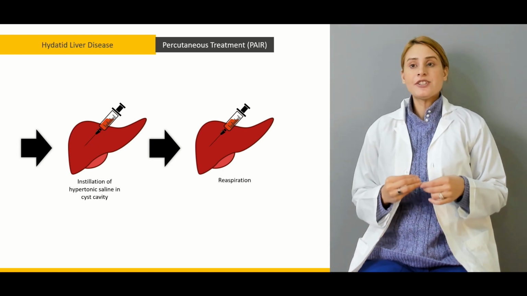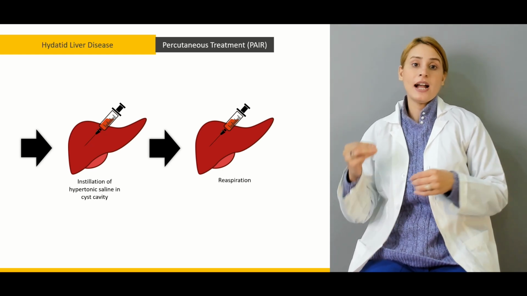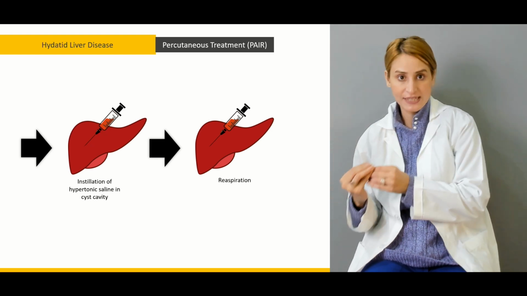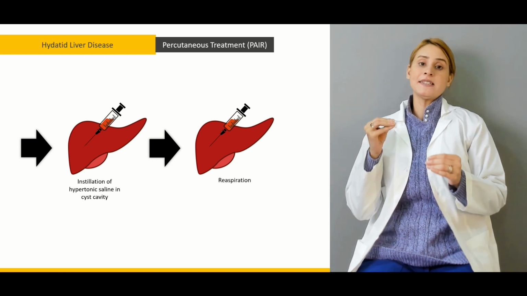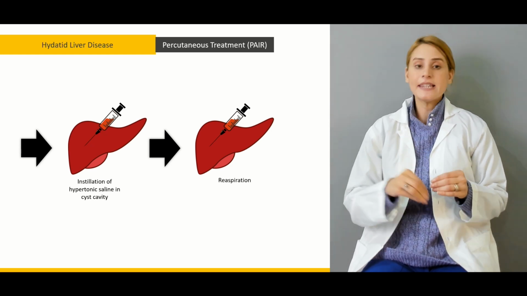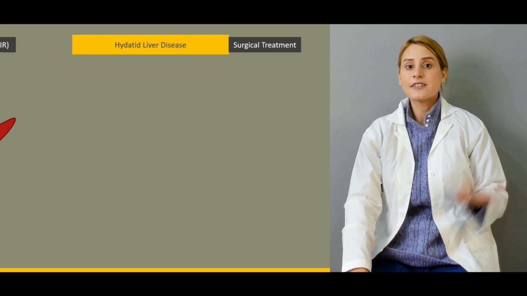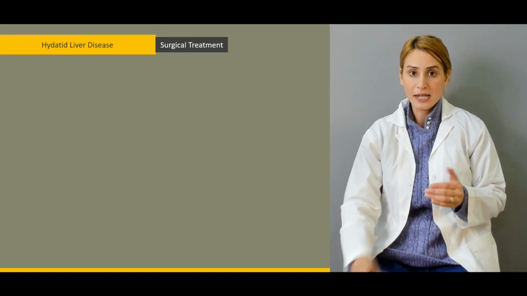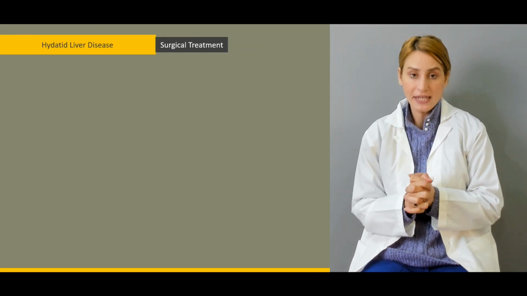And after aspiration, what you have to do is take the hypertonic saline and instill that hypertonic saline into the cystic cavity, and then you have to re-aspirate. So that's how you do the percutaneous treatment. But if the percutaneous treatment is not